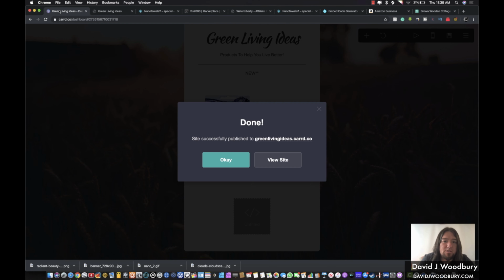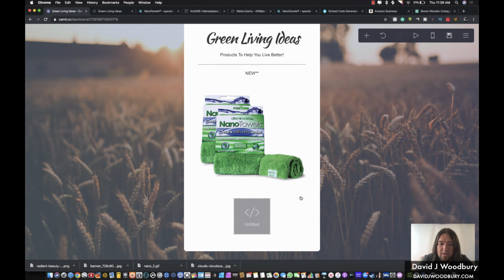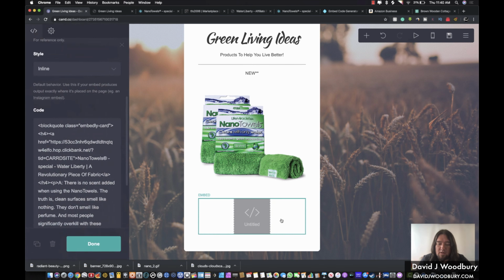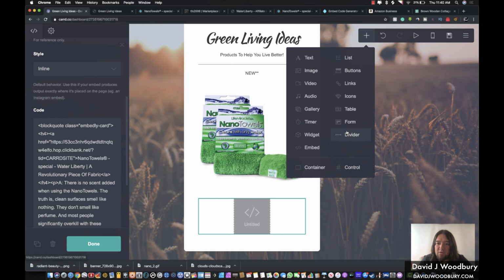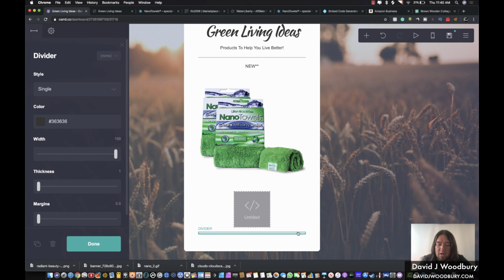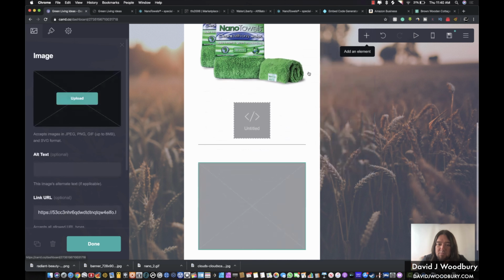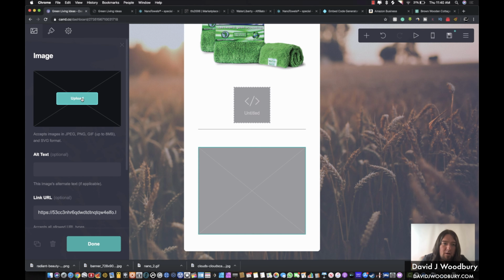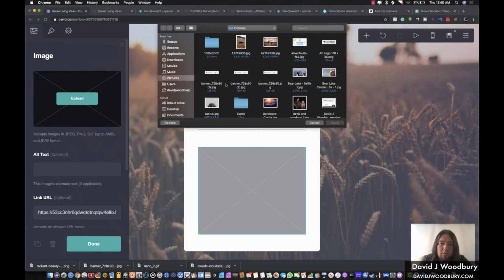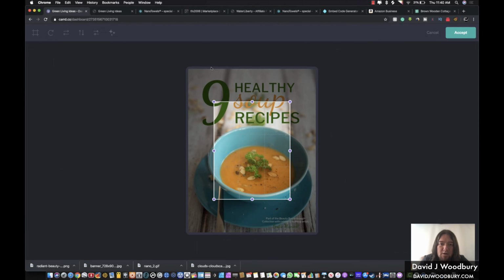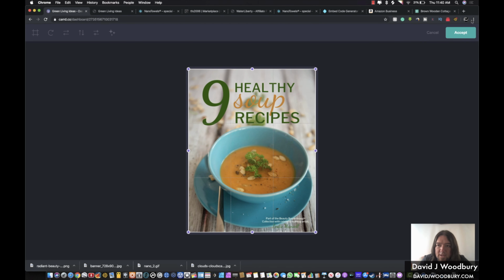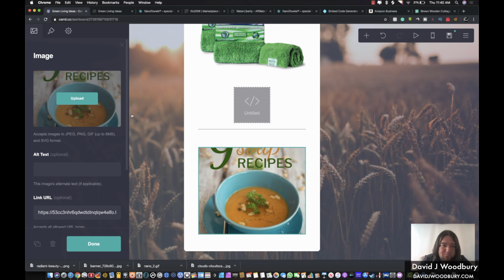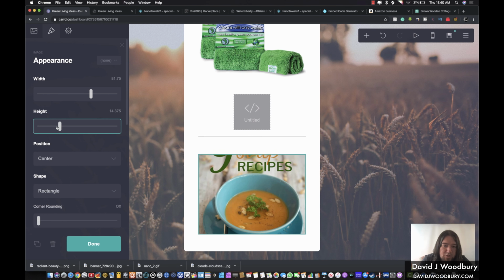And then what I can do is come in here, and then I can select this element down here, click plus. I'm just going to put another divider in here because I'm doing a different product. And then I could put in another image, and then I'm going to upload, and it was this image here. So now I can just select that and click accept, make some adjustments,